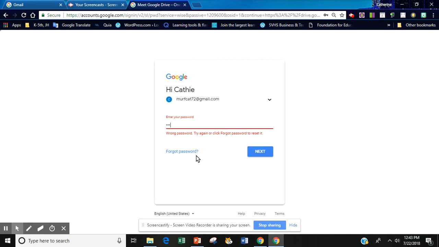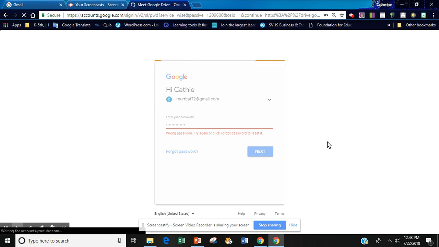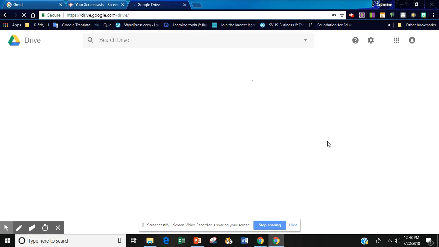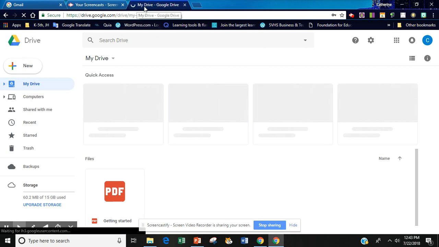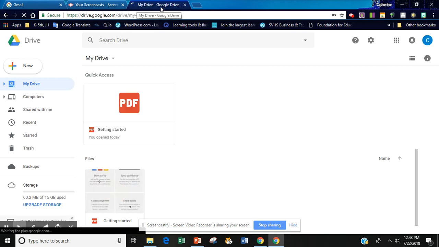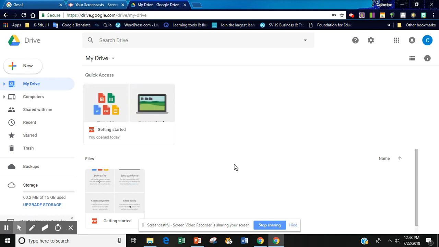Oops. Let's try this again. It's always important too that you write down your password in your planner so that you have it, so you know how to get into your drive. And if I look up on my tab up here, I can see it's opening up my drive and getting me into the software. All right, so now we're in Google Drive,